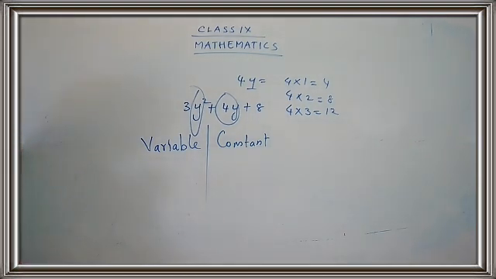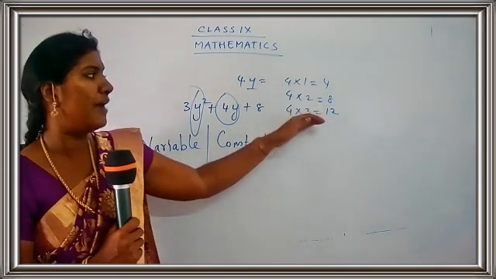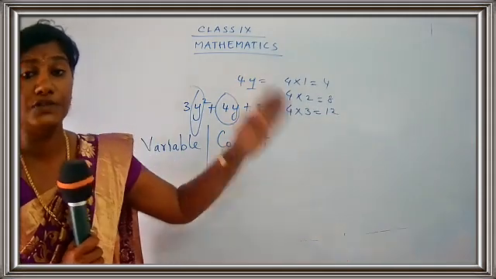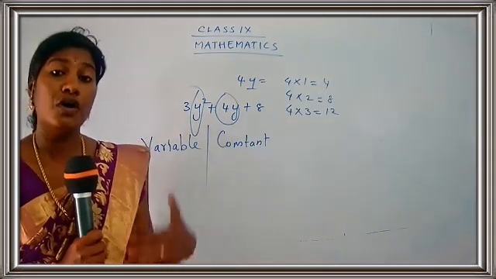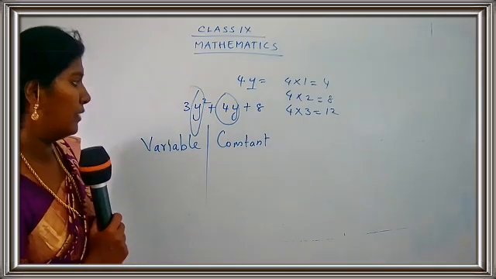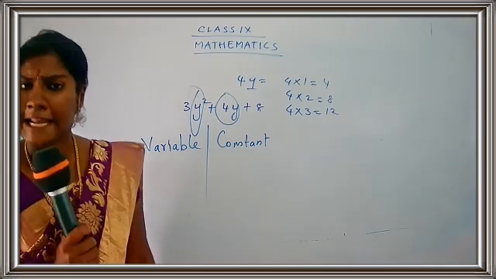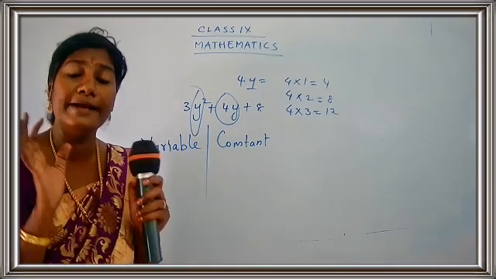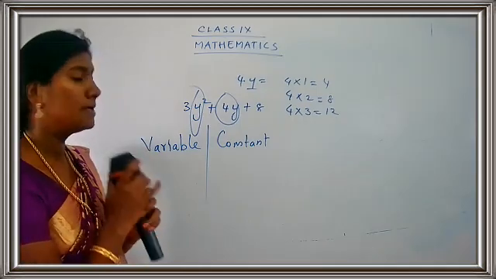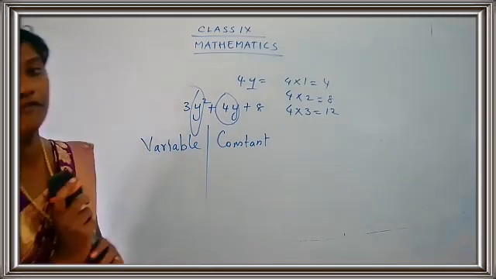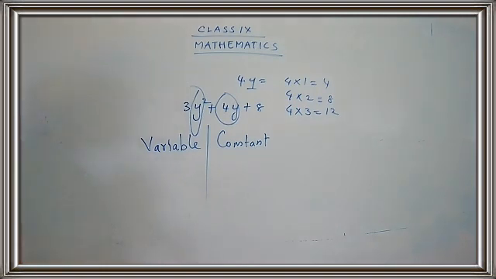So what was the definition for variable? A variable is a symbol which can have various numerical values. Just see here. When I go on substituting different values, I get different numerical values. That's what you call a variable. So the variable goes on changing according to the different value. And what is the constant? Constant remains the same. Suppose I take the number 8. Can I change 8? No, I cannot change 8. 8 will be kept as 8 alone. So 8 will be fixed. So what is the meaning of variable? Variable is a symbol which can have various numerical values, and constant is a symbol which has a fixed numerical value.